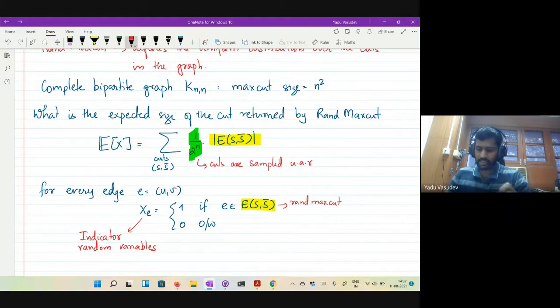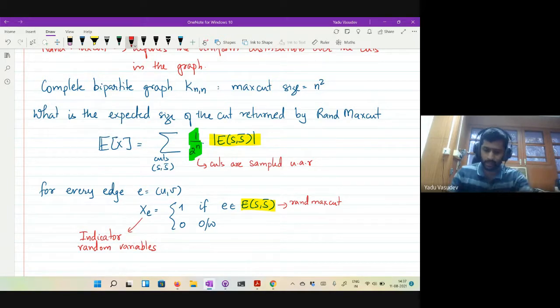In this case, the event of interest is whether the edge e is in the cut when you run the randomized algorithm. Indicator random variables take 1 or 0. 1 means that the event has occurred. 0 means that the event has not occurred. So x sub e is an indicator random variable which indicates whether the event that e is in the cut has happened or not.